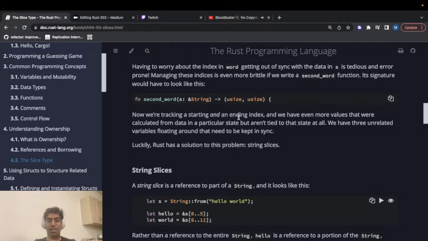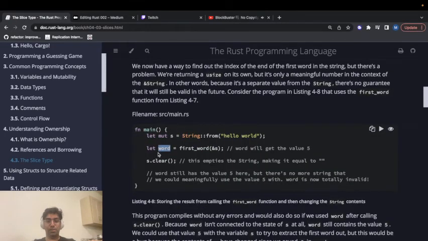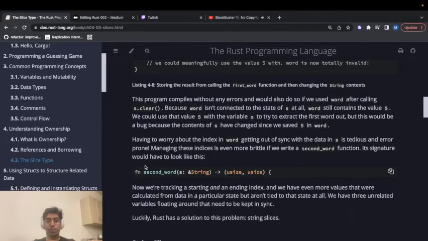Tracking the starting and ending index, and we have even more values that were calculated from the data. We have three unrelated variables floating around and they need to be kept in sync. So what it says is that for this problem to be solved, where the word is connected with the outer string,